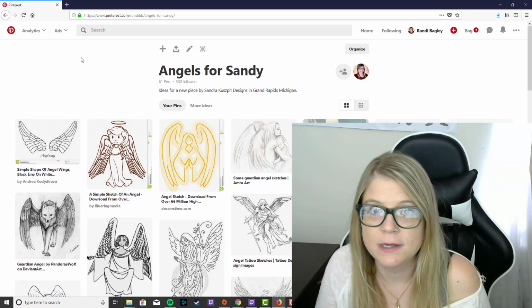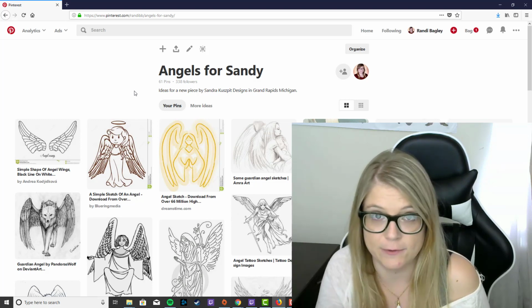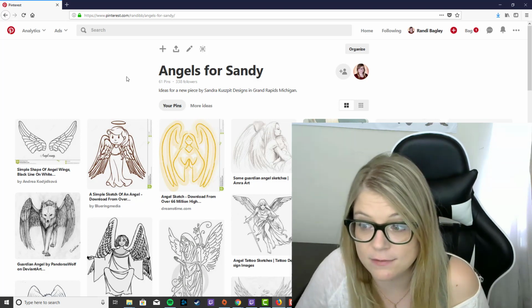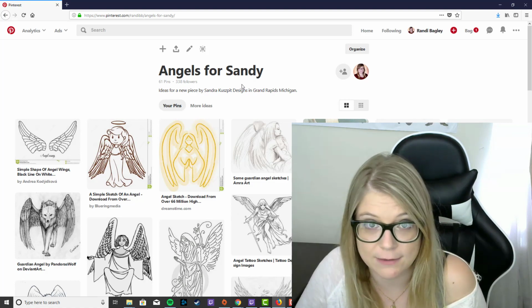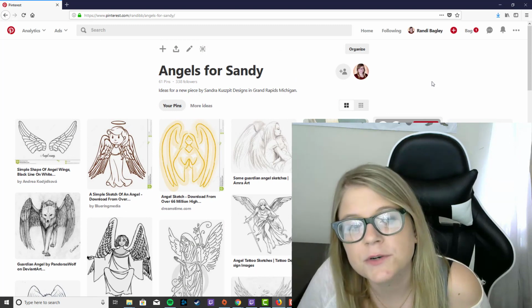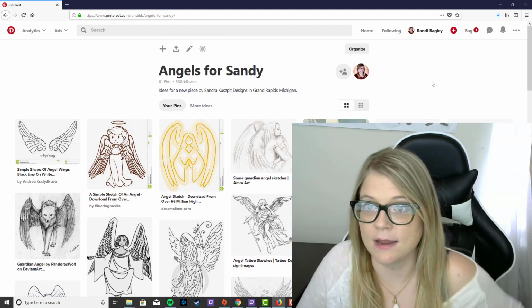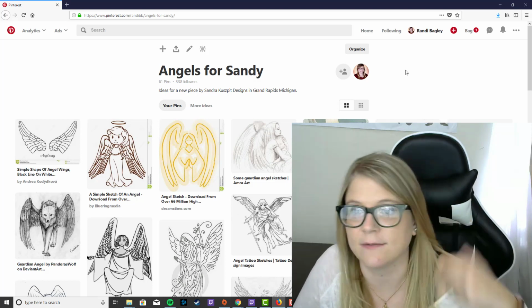So you're going to need two things for this project. You're going to need a desktop computer, and you're also going to need Mozilla Firefox. If you try to do this with Chrome, it only lets you download the website and it doesn't let you download the information. And what we want to do is use Mozilla to download the information. So get on your desktop, log into Pinterest from Mozilla, and all of the links are in the description if you need any of this information.